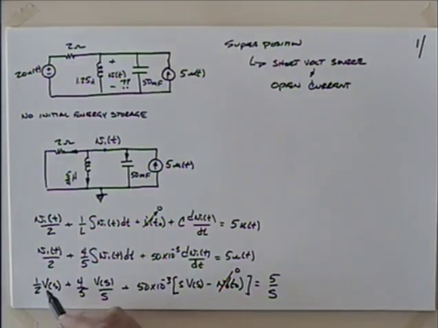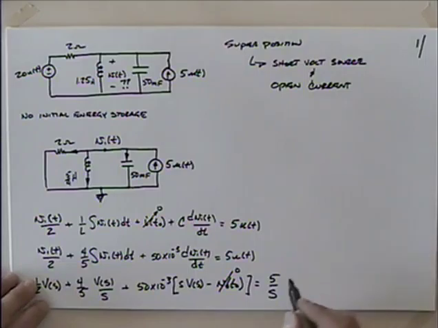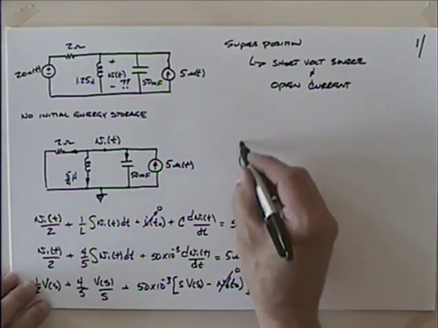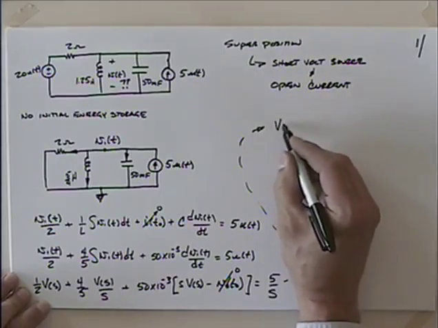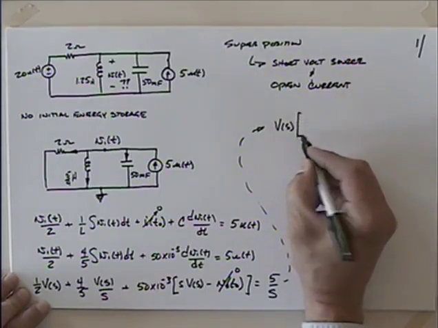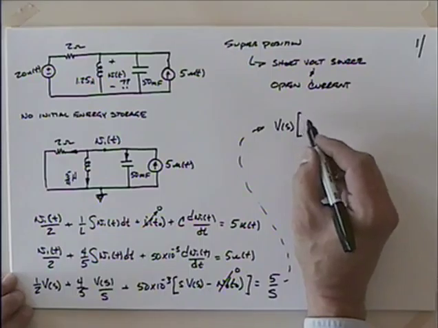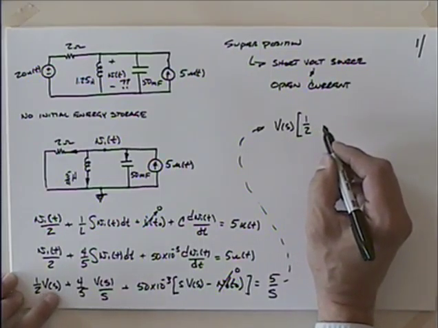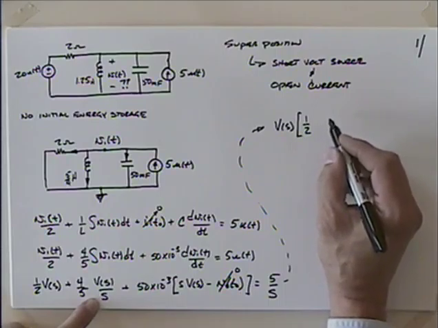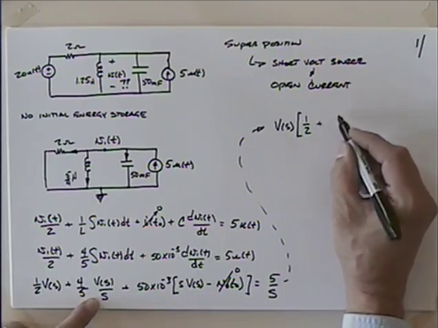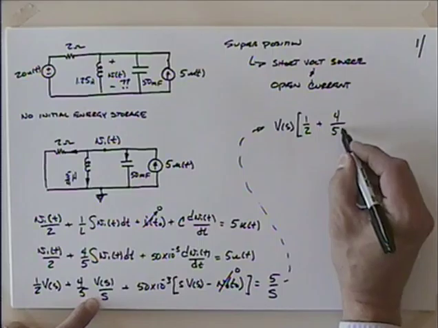And I should probably call this v1 in the S domain because we'll eventually have v2 in the S domain, but I think we can keep it straight. I think we'll be okay. So grouping up the terms then, coming up here and borrowing some space, I would have v in the S domain factoring out, what are we going to have? 1/2 and then 4/5, so plus 4 over 5s